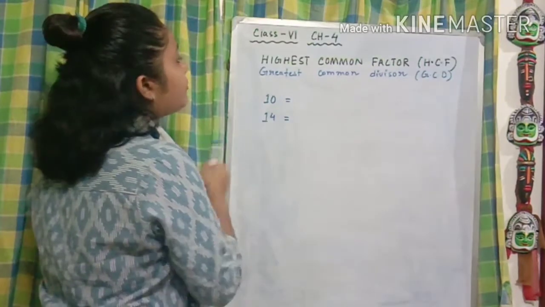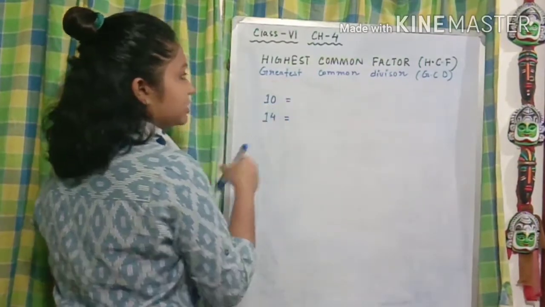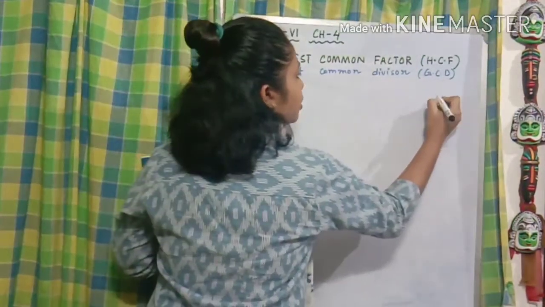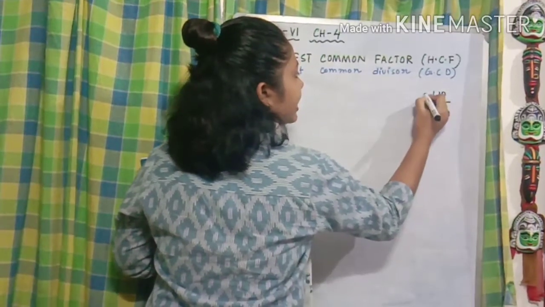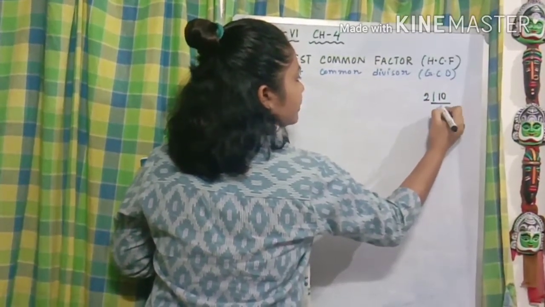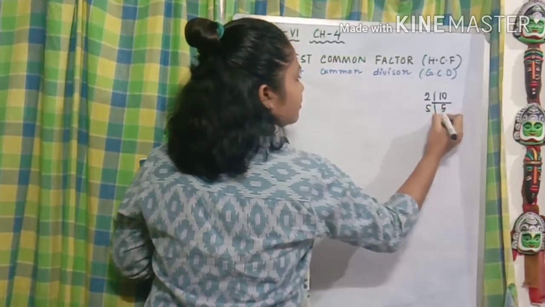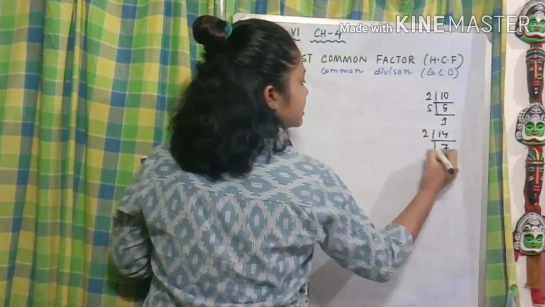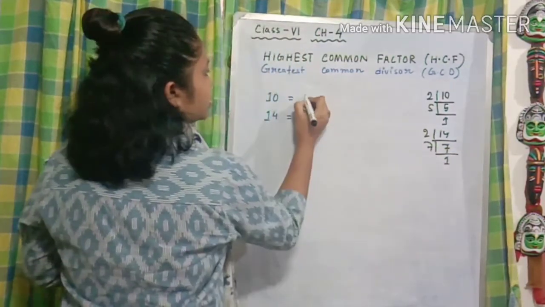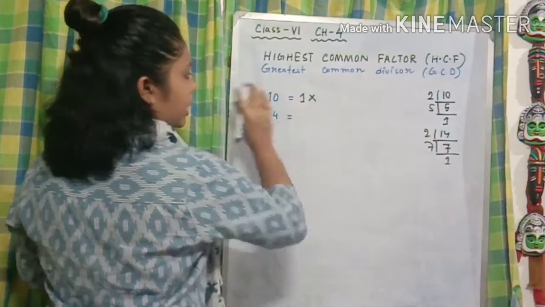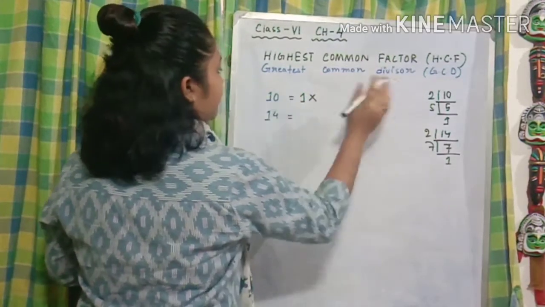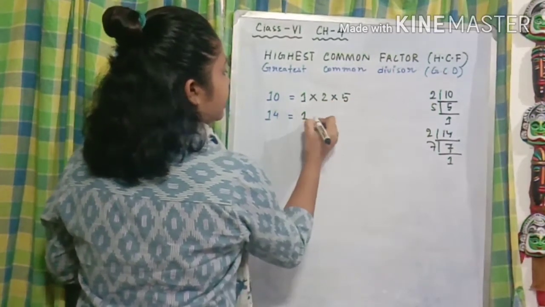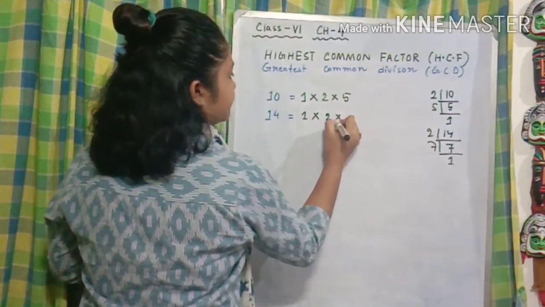Now when we are finding the common between these two numbers, how do we find it out? First we find their factors. We have already come across how we find the factors. So 2 5s are 10 and 5 1s are 5. For 14, 2 7s are 14, 7 2s are 14. So here we are going to split it like the prime factorization method. Similarly for the next one also.